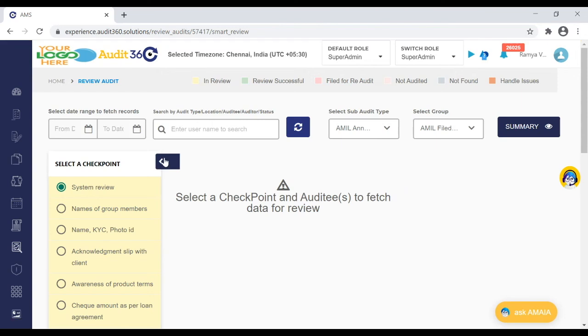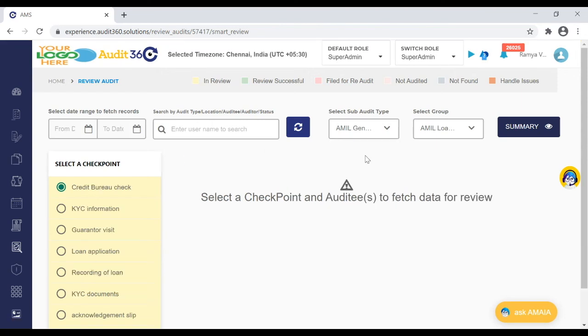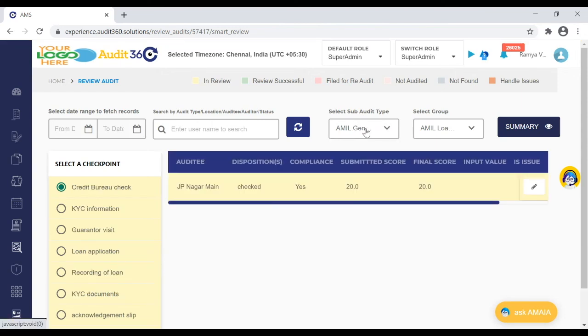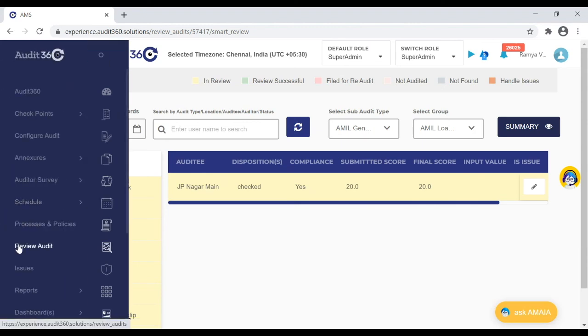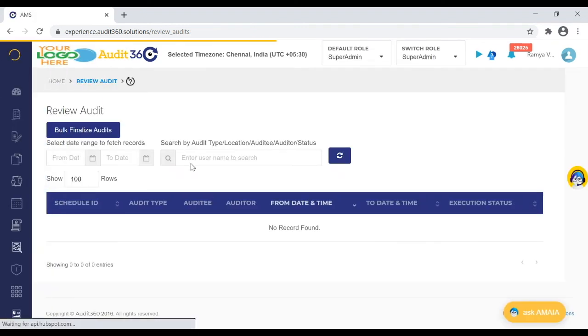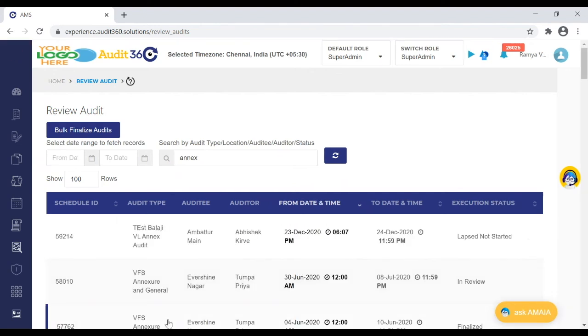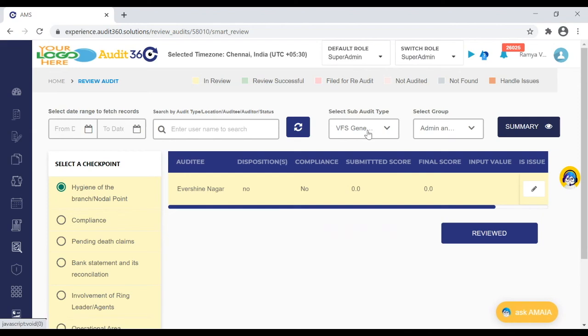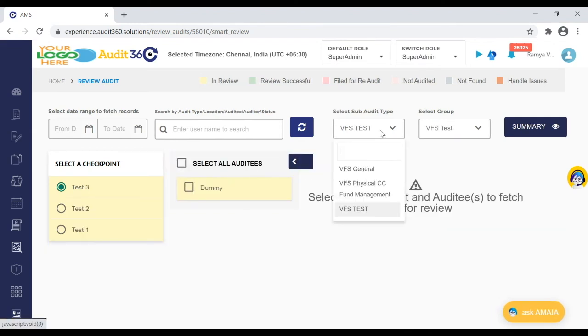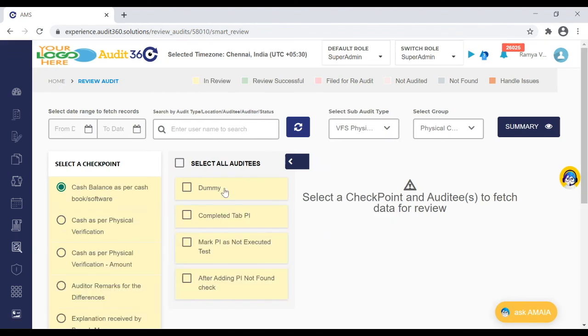The whole idea with the review audit screen change was that we kept receiving feedback from many of you stating that there are multiple pages involved and multiple clicks are required. There is a first search page, then you get into a subordinate listing page, then from there a PI listing page, and from the subordinate is where you start reviewing. So all of that had to come into one page was the request from many of our clients. So we've heard that.